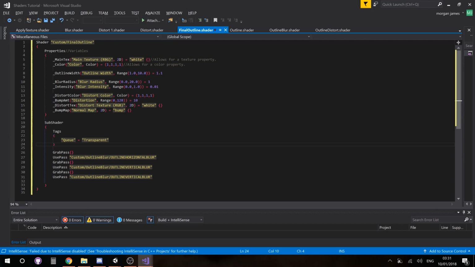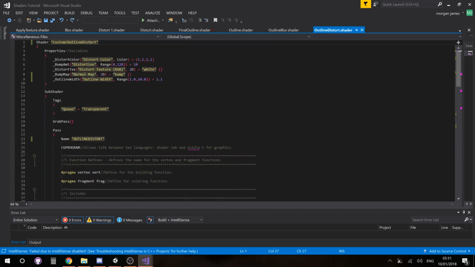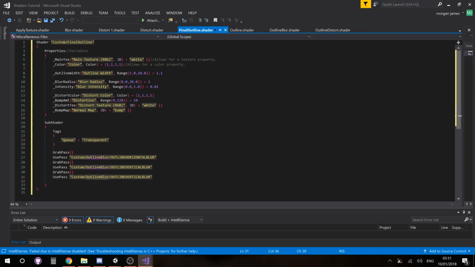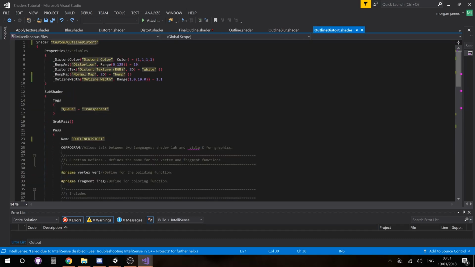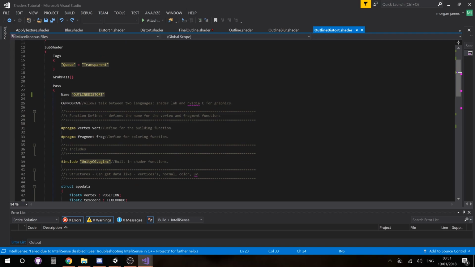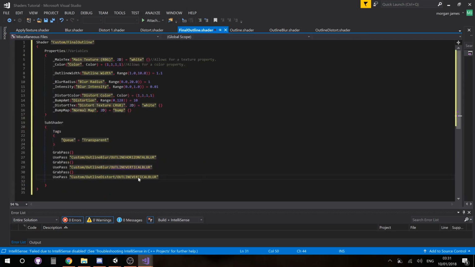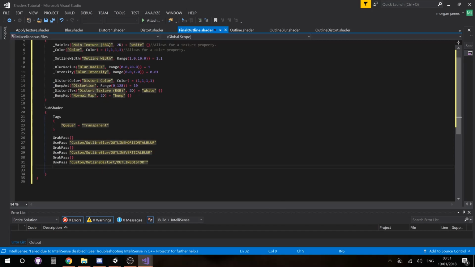Alright. And then we need to get the Distort Shader, so we can go ahead and outline distort, put that instead of outline blur, and then we're going to grab the pass, which is outline distort, and put that pass here. And then instead of getting another grab pass, we're actually just going to want to draw another shape on top of this one. So we're going to need to go to the outline shader,